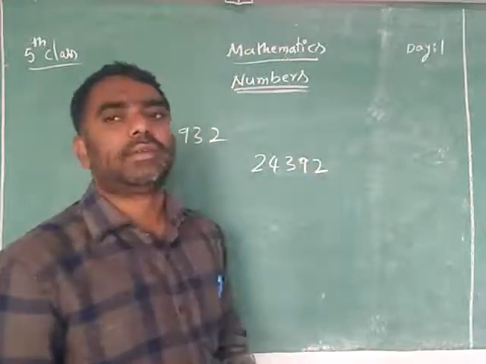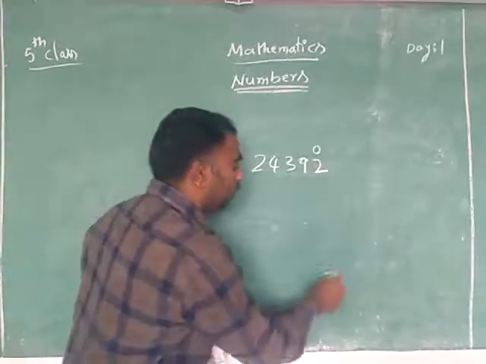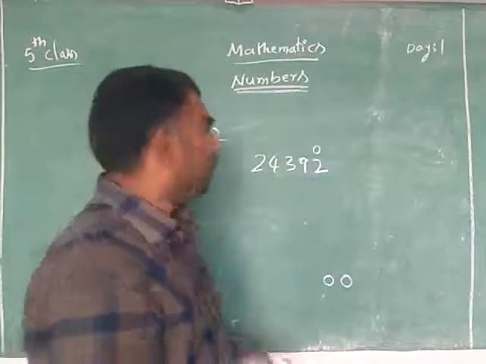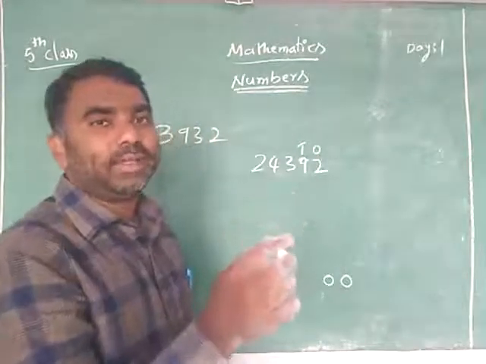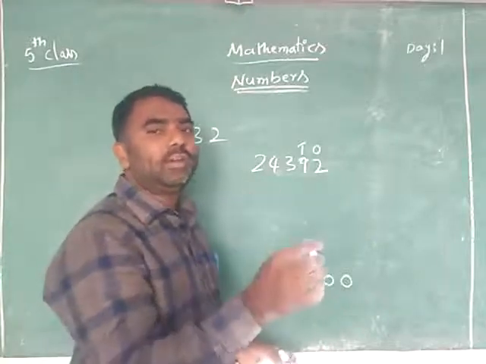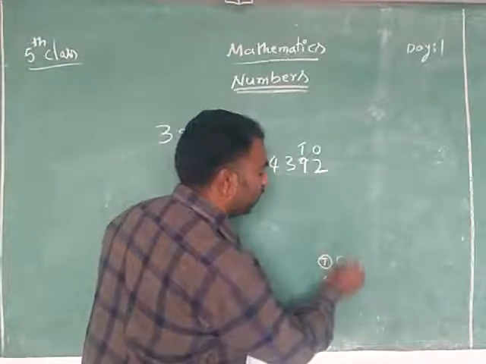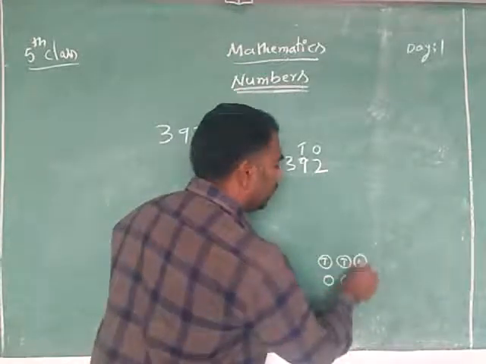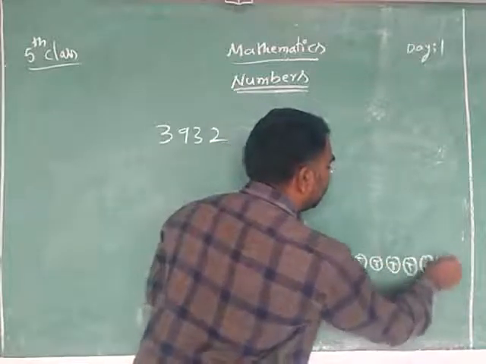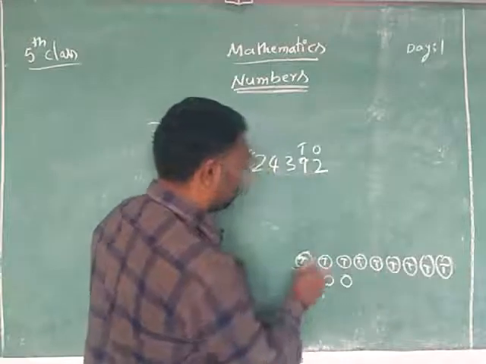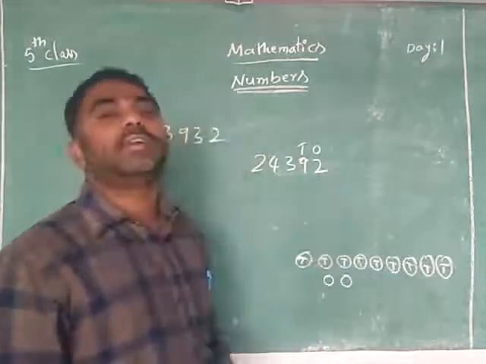What does it mean? Easily we will say these are ones, meaning loose chocolates, which are 2. These are tens, meaning 10 packets. The packets which hold 10 chocolates each number 9. 10 chocolates are there in each of these: 2, 3, 4, 5, 6, 7, 8, 9. So there are 9 packets, and 10 chocolates are in each.